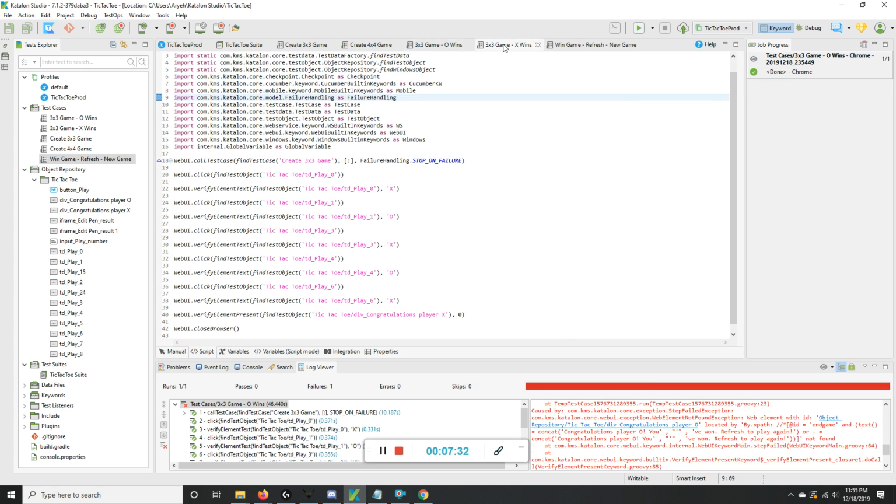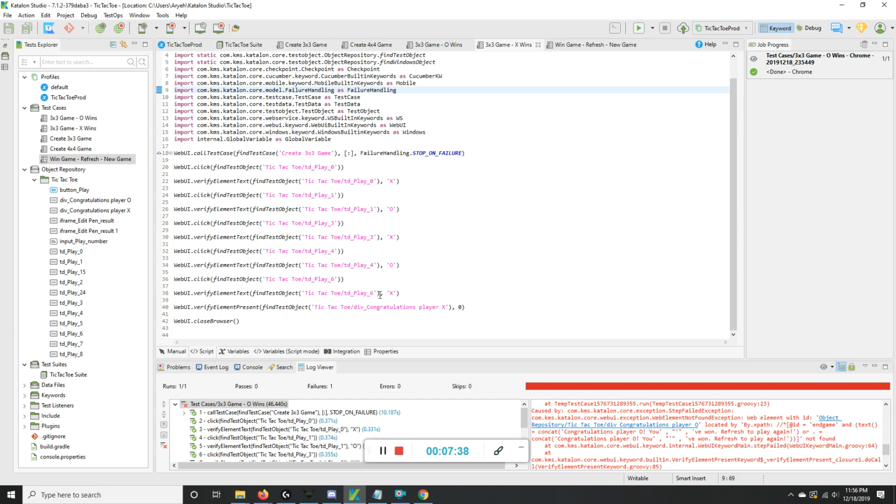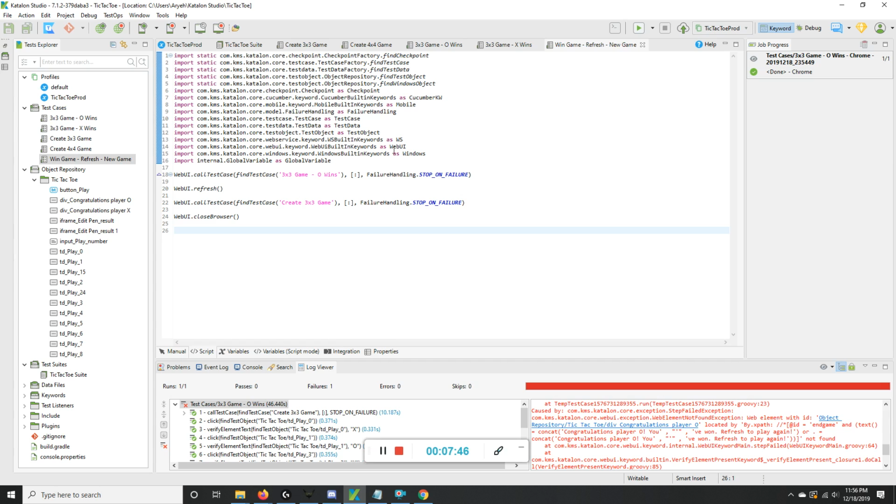The 3x3 game X wins is very, very similar in operation. It calls the 3x3 game, and plays the game in a very slightly different way to make sure that X wins. This test case will also fail for the same reason. The last test case that I have, unfortunately, because it depends on somebody winning properly, will also fail, but I wanted to show the power of using these test cases like Lego bricks to create totally useful, legitimate, functional test cases with very little rework